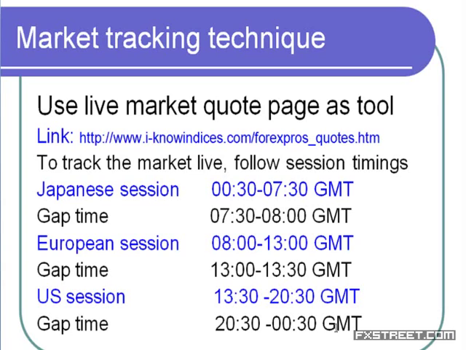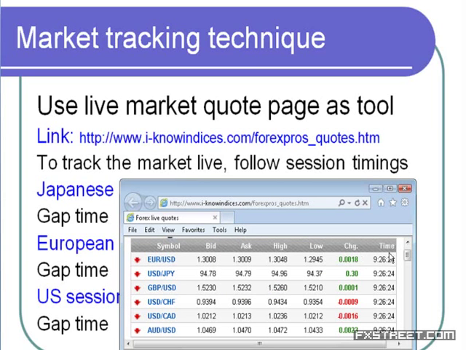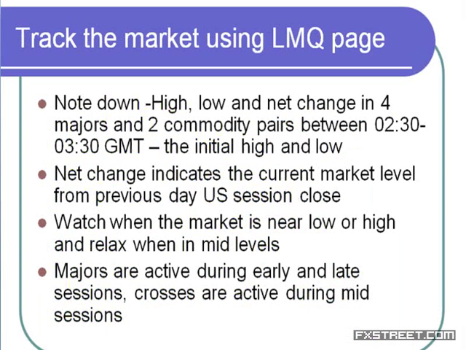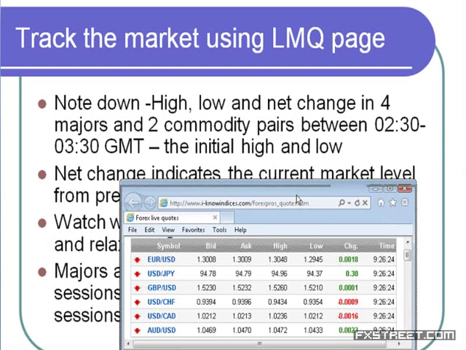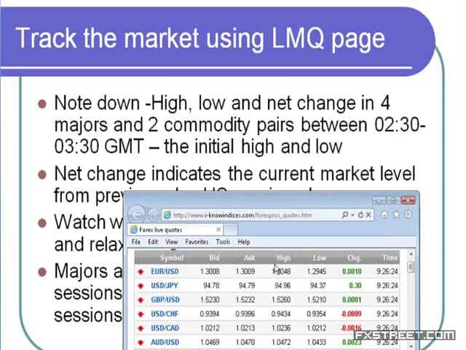Then afterwards the gap time. This timing is very important for us to follow in the market, and you can see it in the live market code page as the time, which is the GMT time frame. Now, if you use the live market code page, first of all you have to note down the initial lows and the highs they set around 3:30 GMT. In the live market code page, you come across the symbol of the respective currency, the four majors Euro, GBP,